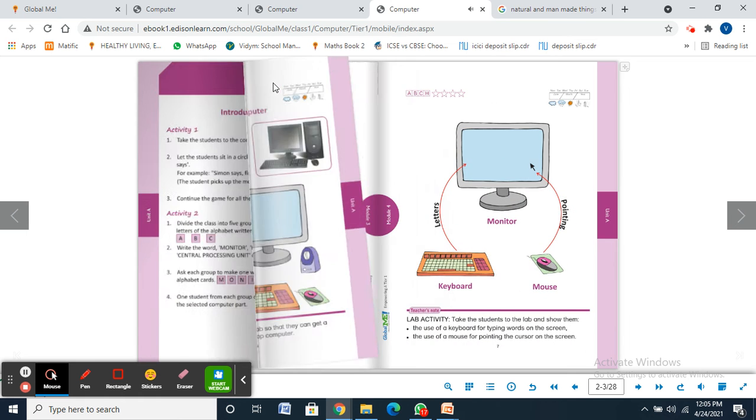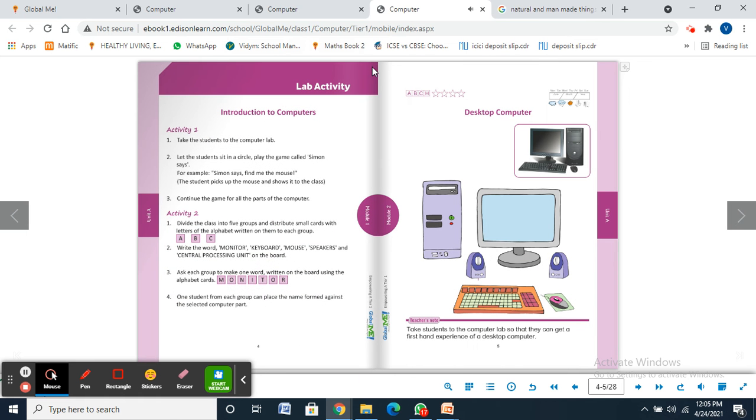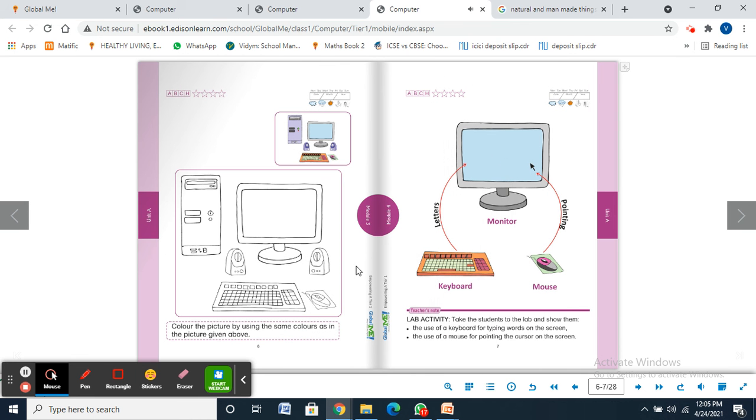Desktop computer, date, month, year. Okay, mention the date, then the weather. You are going to identify each and every part here, and then you're going to color the picture by using the same colors as in the picture given above. Okay, so complete till page number 6.